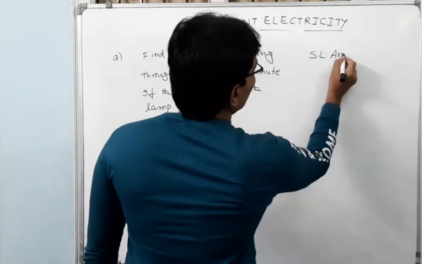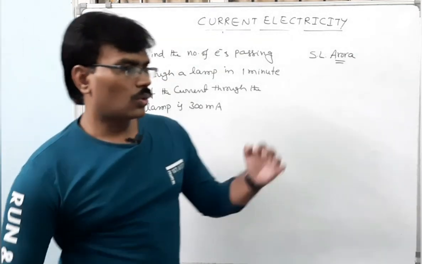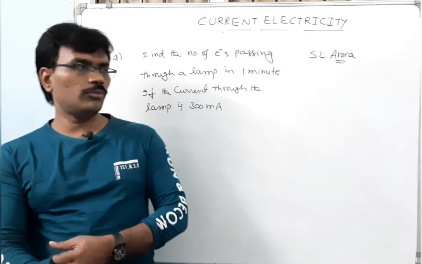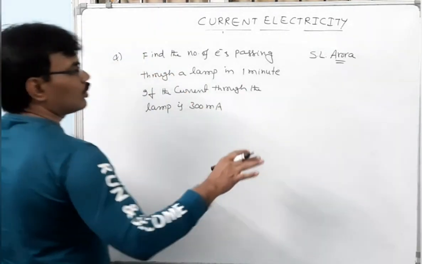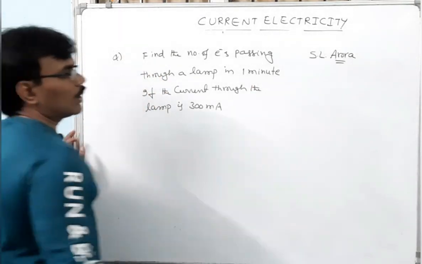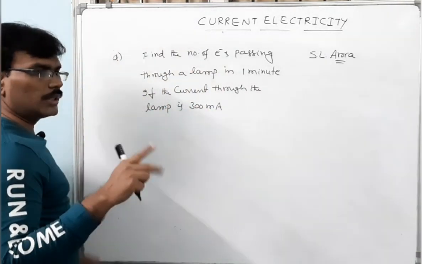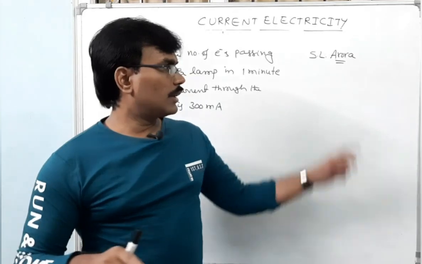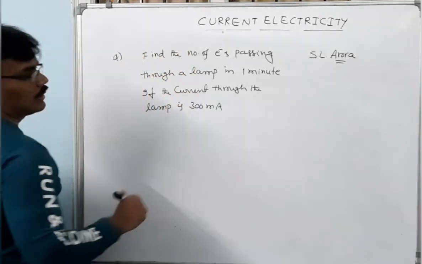For this topic, you can refer to S.L. Arora. This book will be very nice. It has concept and numericals, so you can easily understand also. If possible, have a copy, otherwise also no problem. If you want to go through this concept once again, you can refer to S.L. Arora volume for second year. It has 2 volumes for first year and 2 volumes for the second year syllabus. The first volume of second year is the book for this concept.